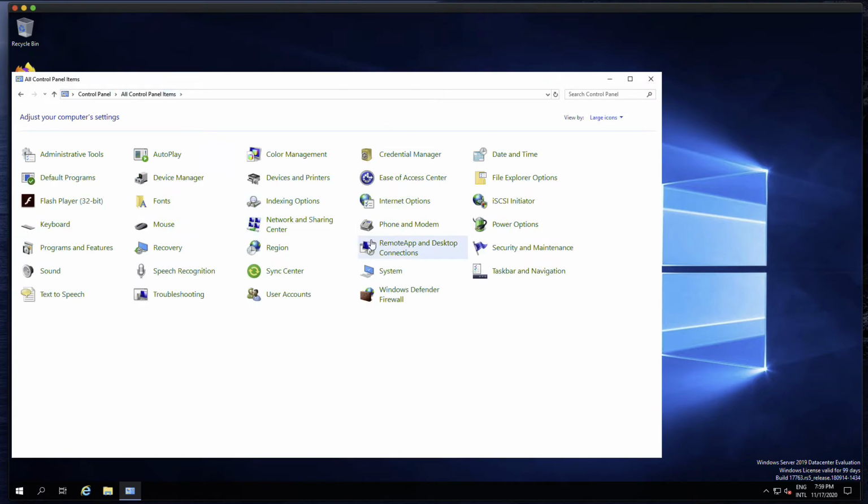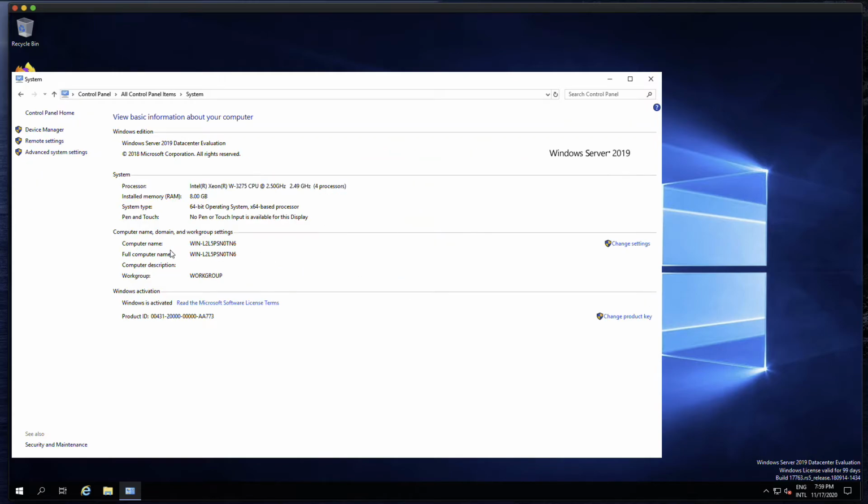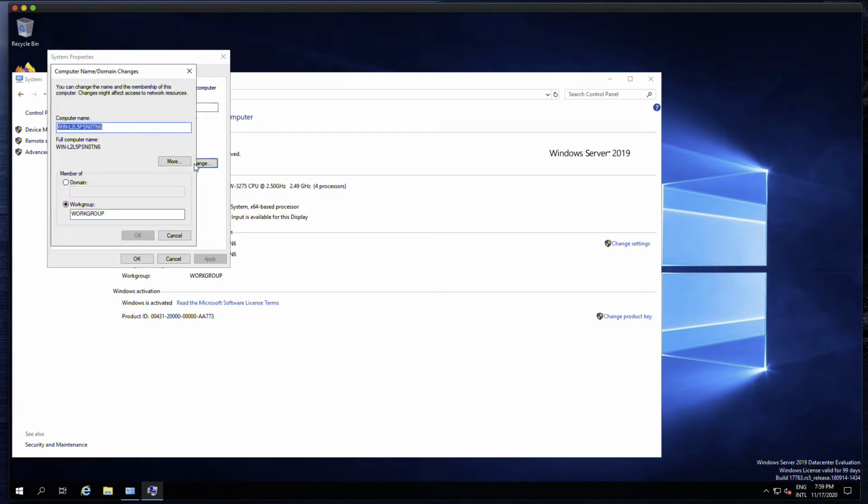Our next step is going to be System. We are going to give this computer another name. Again, good practice in all production environments is to name your servers so you have some kind of naming hierarchy, so you know servers by name, and when you have problems it's easier in conversation, it's more practical. So I'm going to change these settings. I'm going to change the computer name. I'm going to name this machine SB server basics